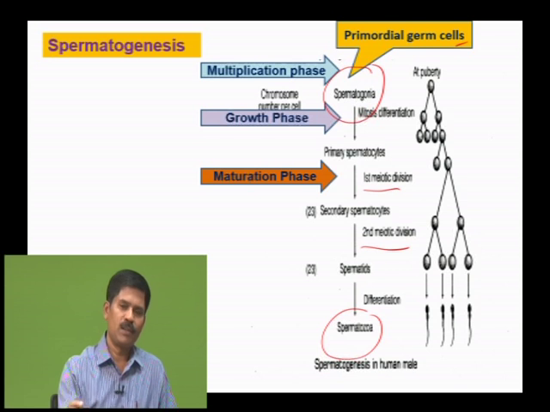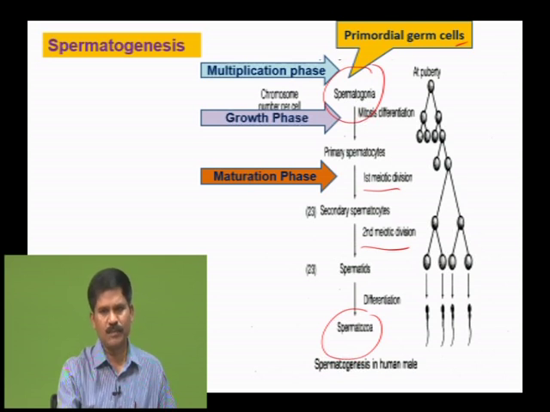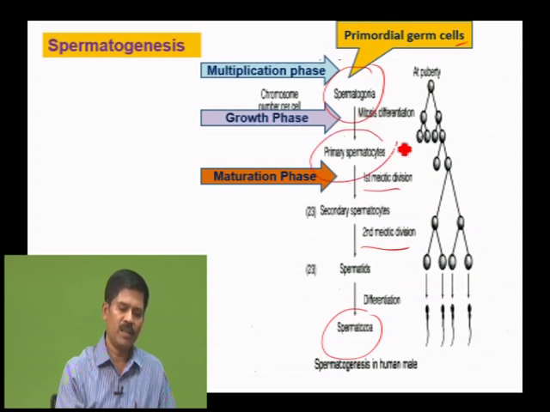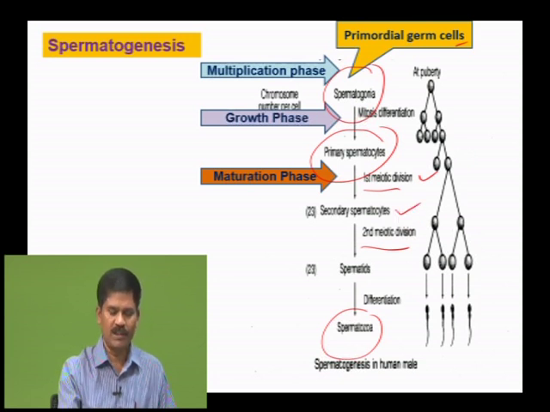Sperm mother cells undergo the growth phase. That means they grow in size. The growth of the spermatogonia is due to accumulation of cytoplasm and even due to replication of DNA itself. Such enlarged cells are called primary spermatocytes. Now, primary spermatocytes undergo maturation. As I told you, it involves meiosis. Primary spermatocytes undergo first meiosis, which results in the formation of secondary spermatocytes. Now, secondary spermatocytes undergo second meiosis, which results in the formation of spermatids, and finally, spermatids are transformed into sperms by